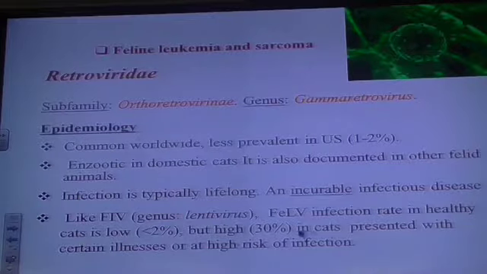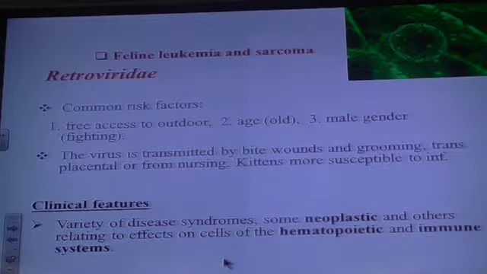Okay, now we said it's not that prevalent, 1 to 2%, but it's high, about 30%, in cats presented with certain illnesses or at high risk of infection. So again, stress and other diseases that are probably present in the animal or other symptoms can exacerbate this disease. The common risk factors: free access to outdoors, the age, the male gender because of the fighting, and